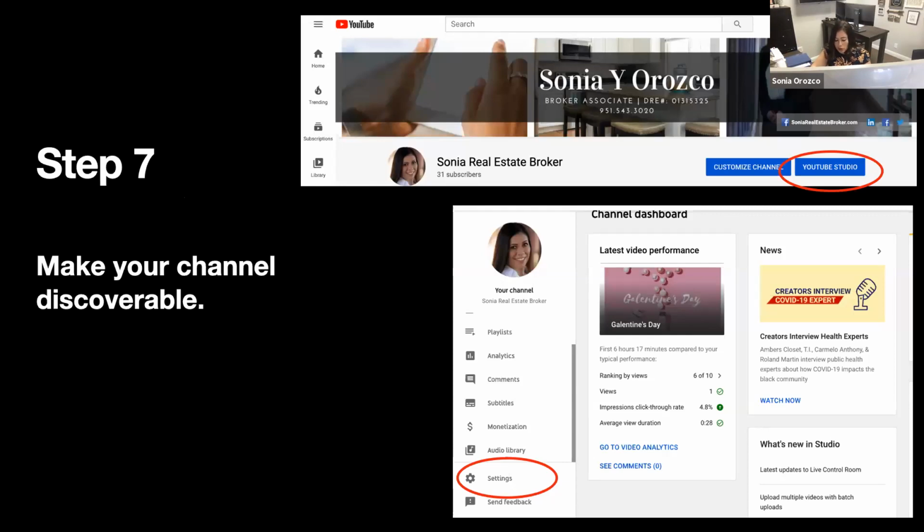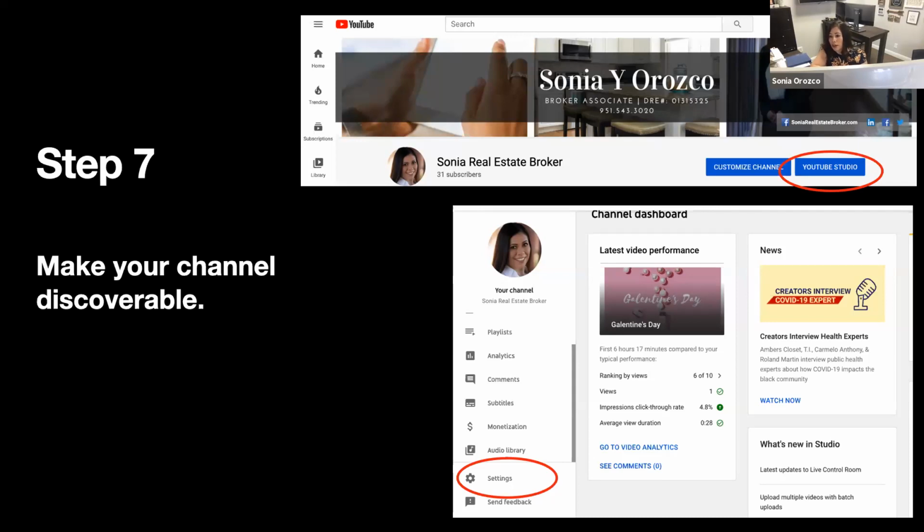Now that you've got your channel set up and some great content ready to go, it's time to make sure people can find your channel. The first thing you can do is add channel keywords. You want to show YouTube what your channel's all about, a way people can search to find your channel. Right now, because we're in the pandemic, you don't want to add coronavirus or COVID or whatever, because that's temporary. You always want to keep it consistent to whatever it is that you're doing. Those are important ways to do it.